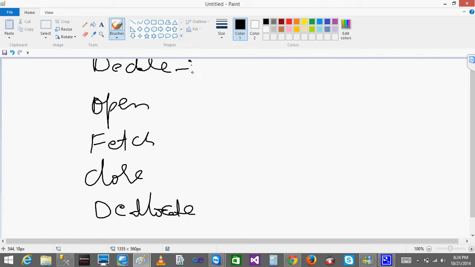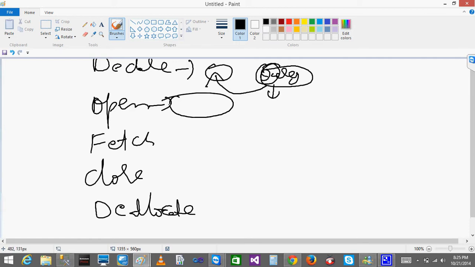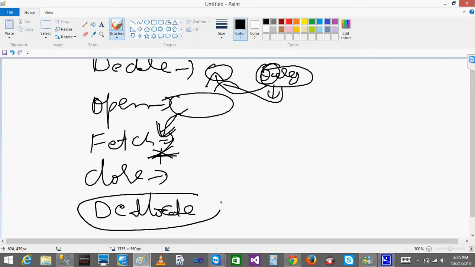In the declare you are going to give some name and you are going to give a query. When you do the open, whatever output you get from the query will be stored in that name. By doing fetch, you will fetch record by record, and once you are done with the fetching, you will close the cursor, which means you terminate the process. Since the query results are stored on the cursor, it takes some space. So when you do the deallocate, that space will be released so that other people can use it.